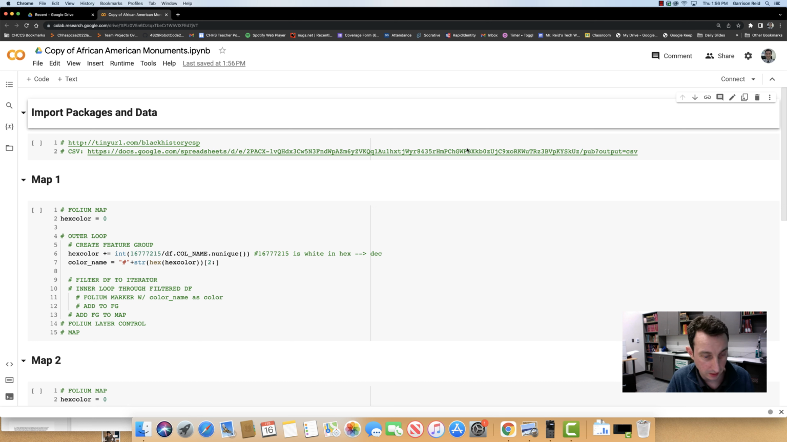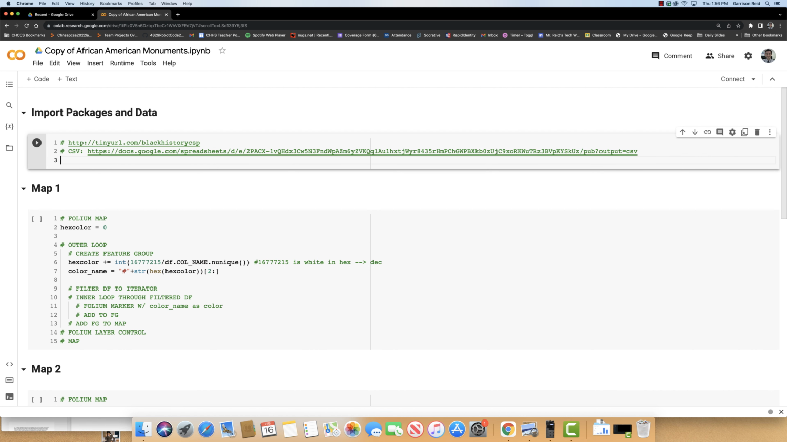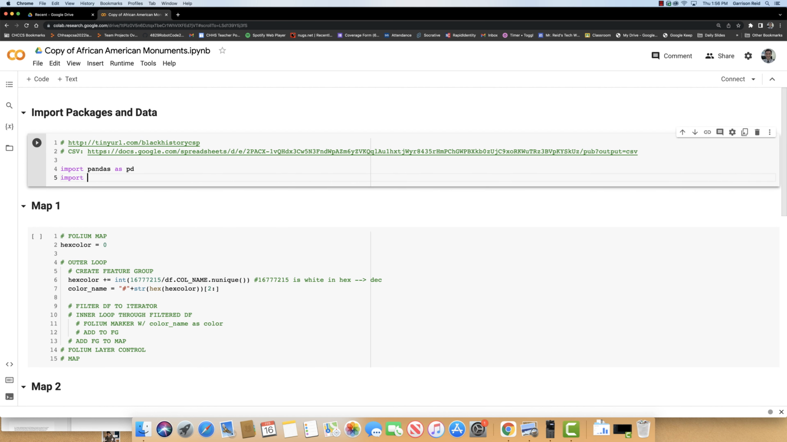So in today's demo, I'm going to show kind of what we did with our African American monuments, taking our code, making a map, and then making a function that we can then reuse and have a little bit of flexibility too. So the first thing I want to do, here's my CSV, is do my imports. Import pandas as pd, import folium, because we're going to need to make a map,